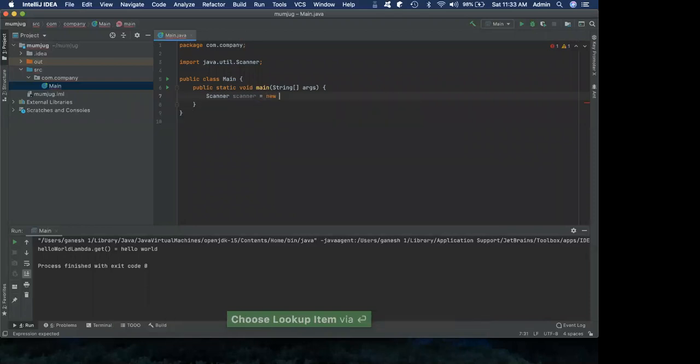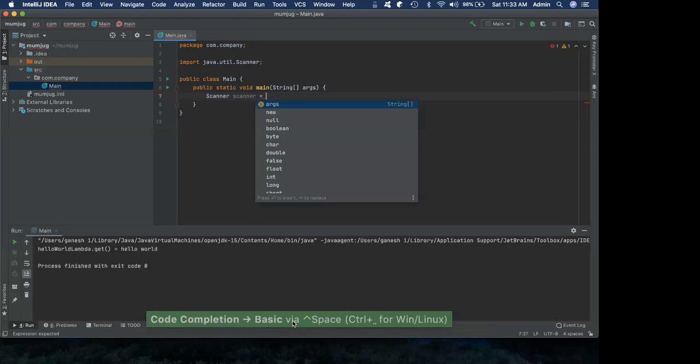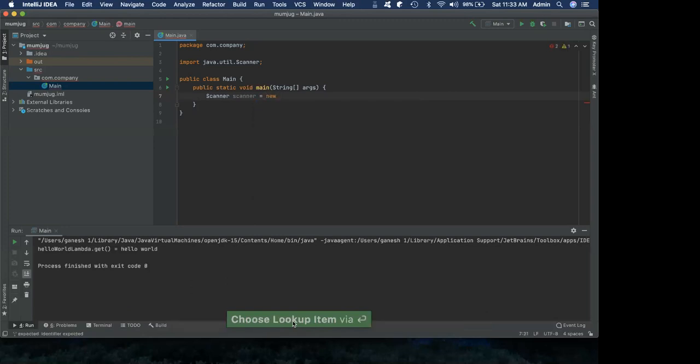So new and scanner. So what I did was smart completion, right? From here I did a code completion, created new, and then automatically created the variable name, sorry, the type, the constructor call, right?